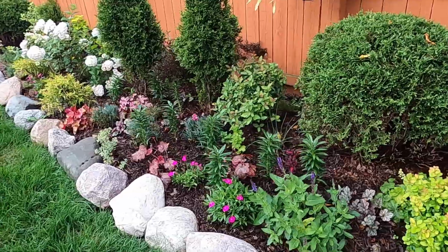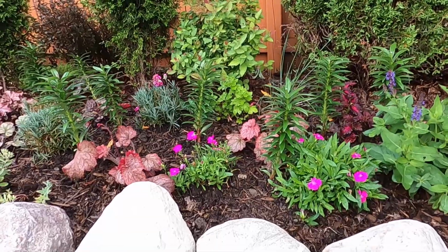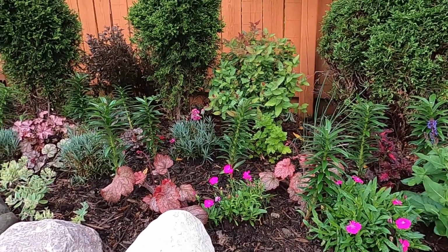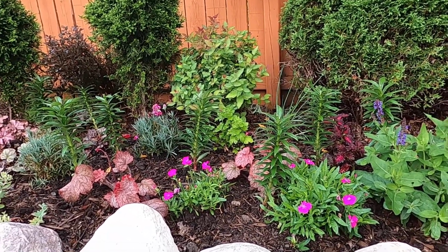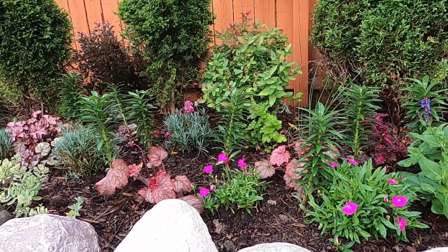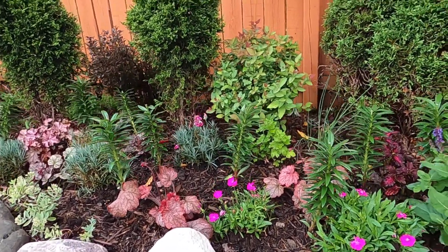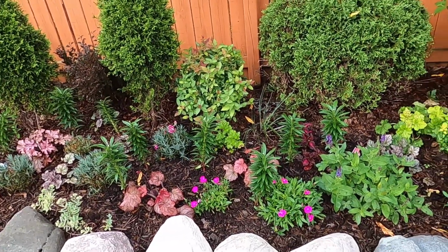So I got some other plants on clearance recently. Sorry I didn't show you right away, but I got these lilies. These are going to bloom a pink lily. They're an upright one, and they have kind of a white center with dark pink around the end, and I think that that's going to be a really nice kind of pop-up for a different level, a different height of flower at a time when maybe other things are not in bloom. I got them on clearance obviously because they had finished blooming, so there's going to be no blooms on them this year, but